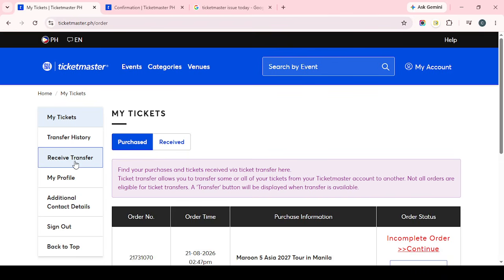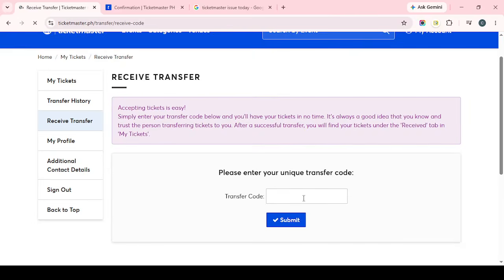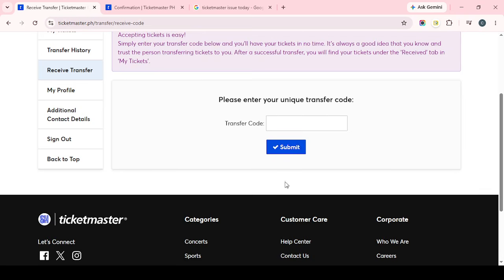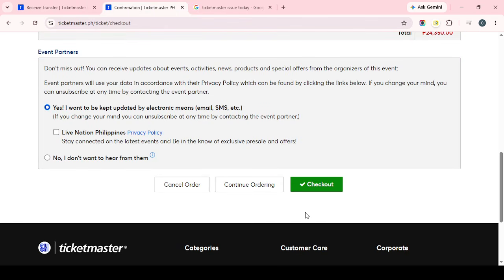If the ticket sells, the payment process is handled through Ticketswap, and the funds are transferred directly to your bank account after the sale is completed. That final step makes the process convenient, since you won't need to arrange payment manually with a buyer. And that's it. As long as you have the original Ticketmaster ticket ready, upload the correct ticket details, and review the listing before submitting, selling through Ticketswap can be a quick and